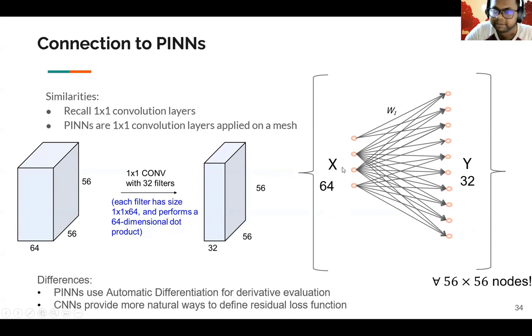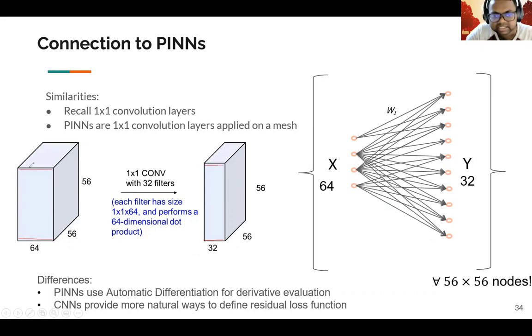Then the operation you're performing over here is equivalent to what you saw in a 1x1 convolution. In other words, when we perform a 1x1 convolution, as I covered a few slides back, you start with a 64 dimensional vector, and from this 64 dimensional vector you go to a 32 dimensional vector with weights of 1x1. In other words, you are making one kind of a fully connected network between one pixel over here and one pixel over here. Same way, you can make another fully connected layer between this pixel and this pixel.